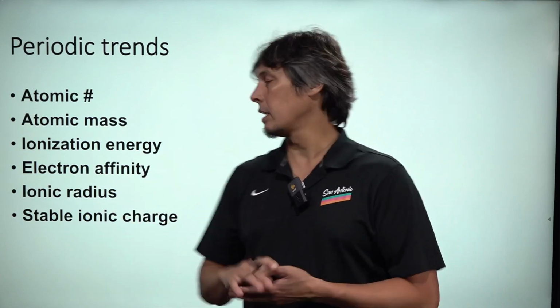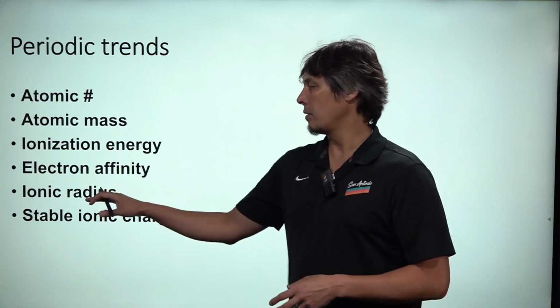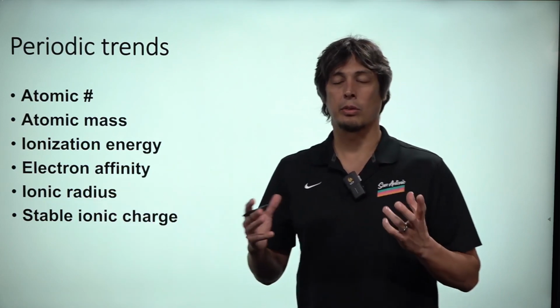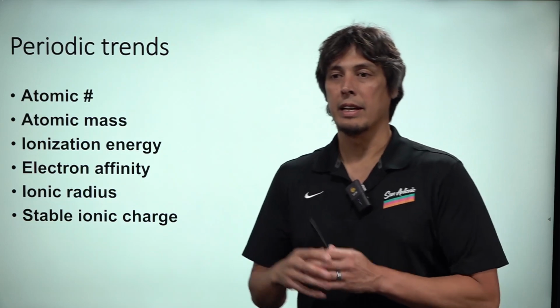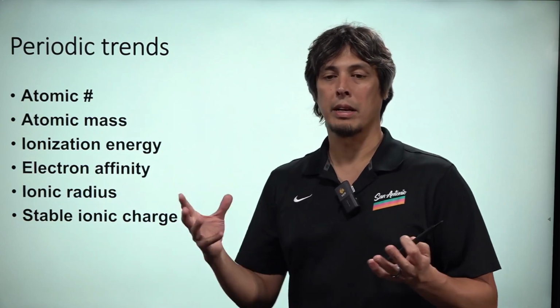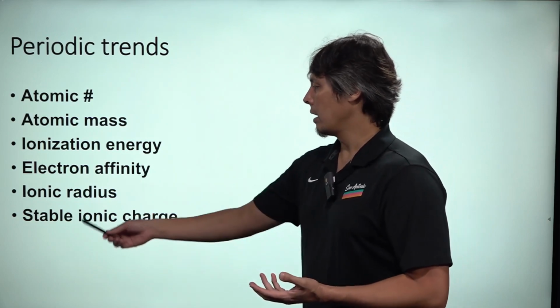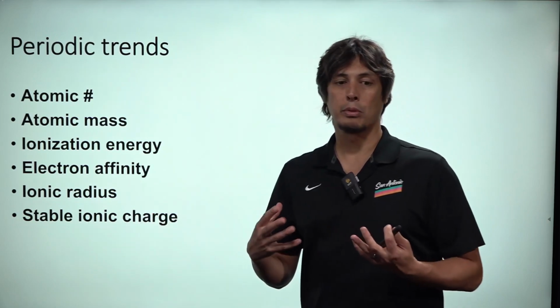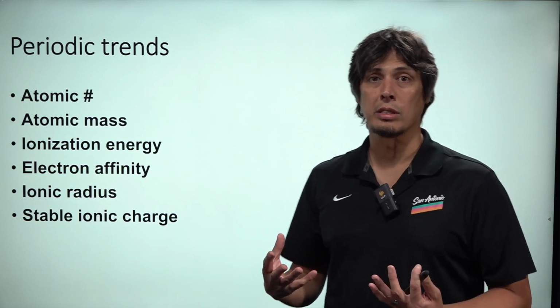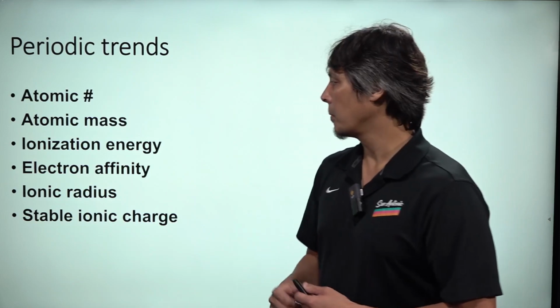atom taking an extra electron, atomic and ionic radii, which are the radii of either the atom or the atom in an ionic state with a charge on it. And also we can predict, for instance, stable ionic charges from the periodic table. And so